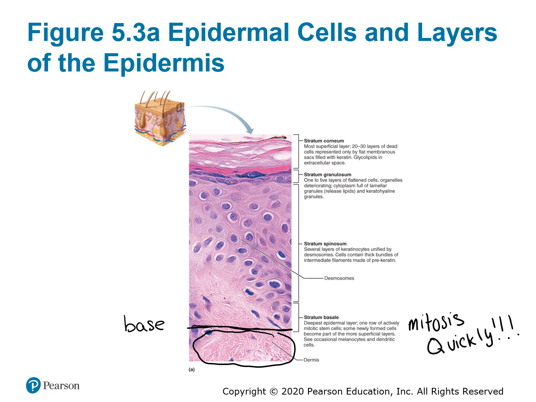I'm pretty sure that these slides talk about the layers in more depth, so I'm not going to get too far into it right now. Okay. Stratum spinosum. It's a little bit bigger. A lot bit bigger, actually. Has several layers of keratinocytes held together by desmosomes and some intermediate filaments made of a molecule that we call